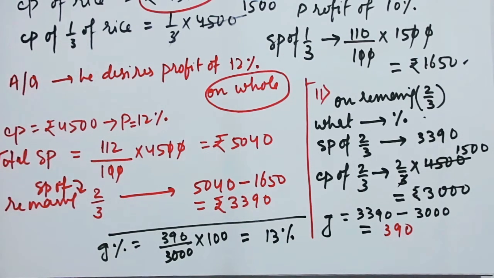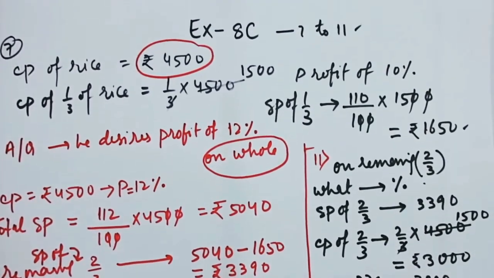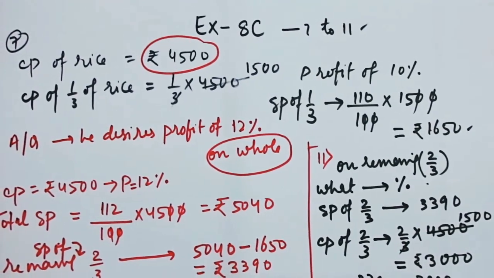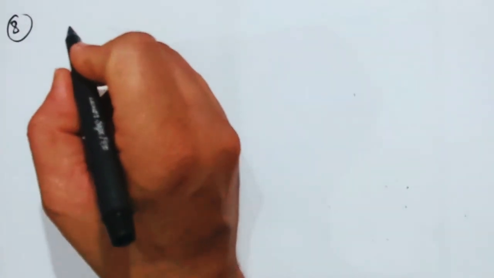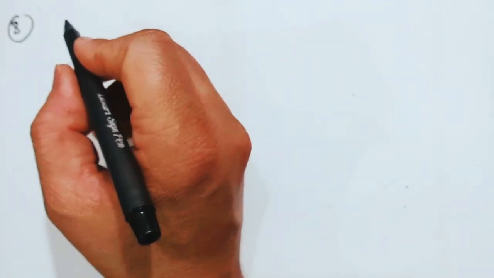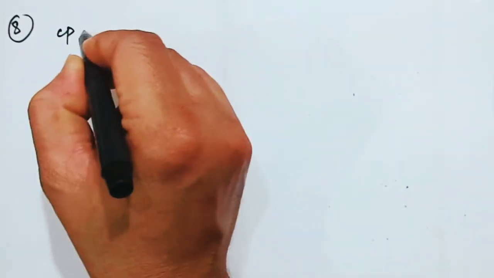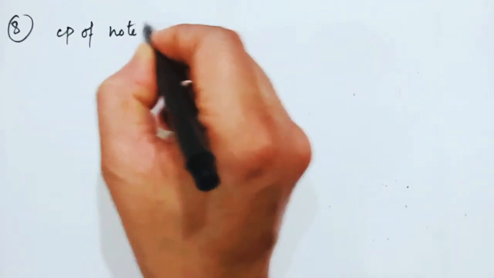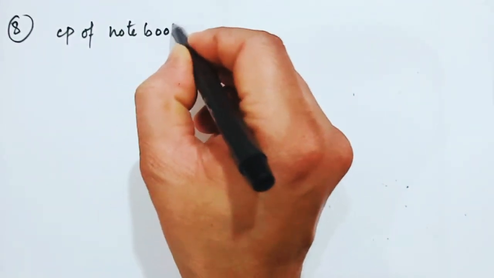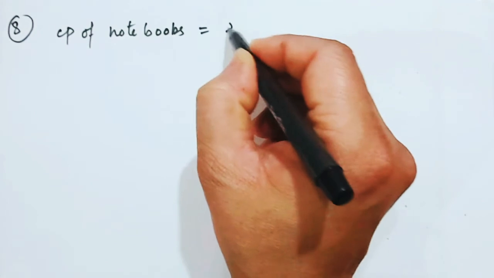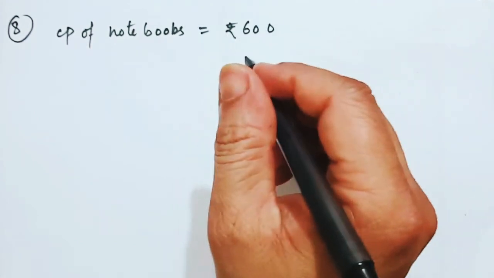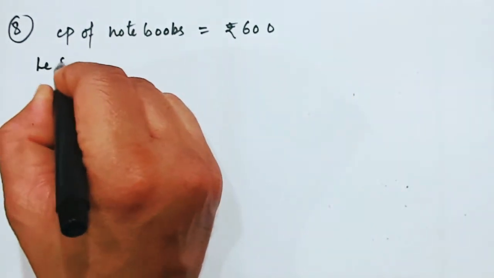Let me tell you one more thing, that the other one, number 8, is also similar to number 7. However, we'll try to complete number 8 also. In number 8, what are they saying? Mohan buys a certain number of notebooks for rupees 600. So the cost price of notebooks is equal to rupees 600, and he sells